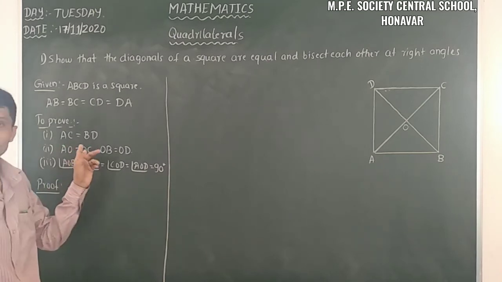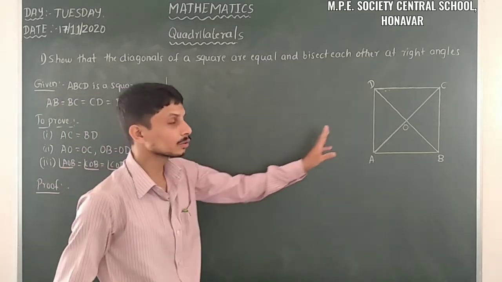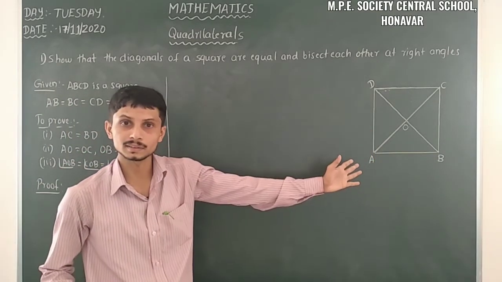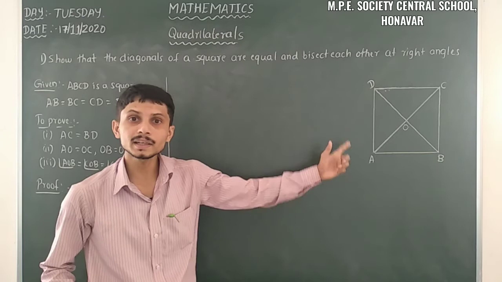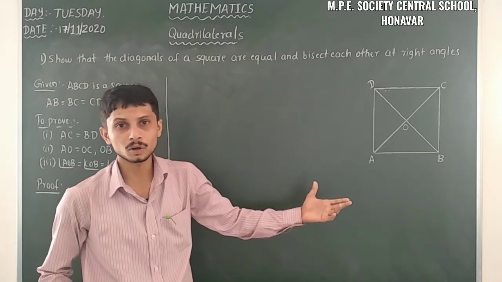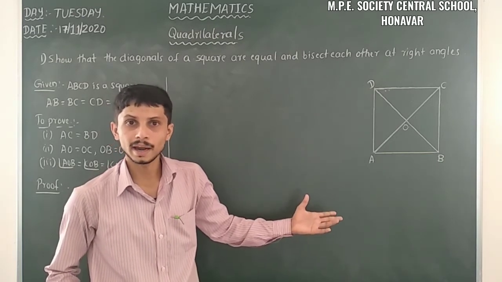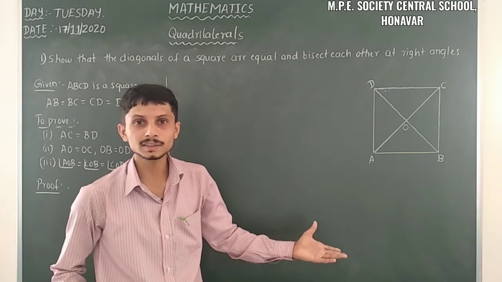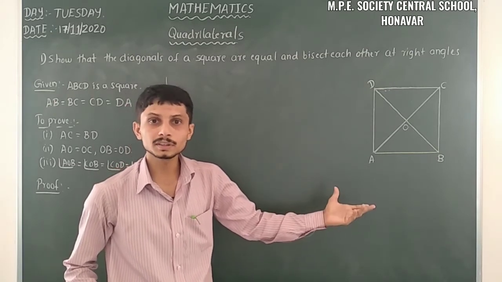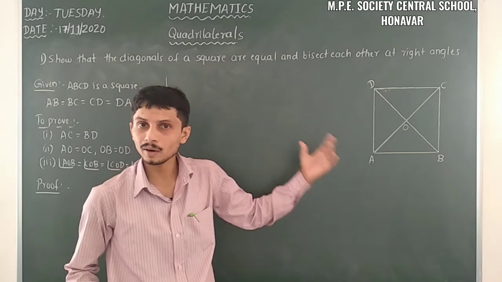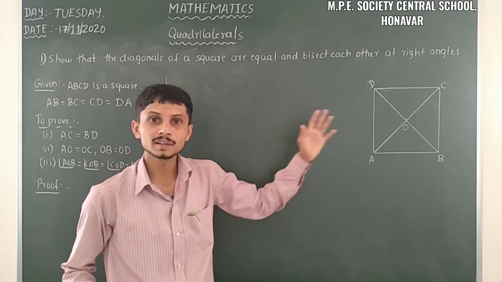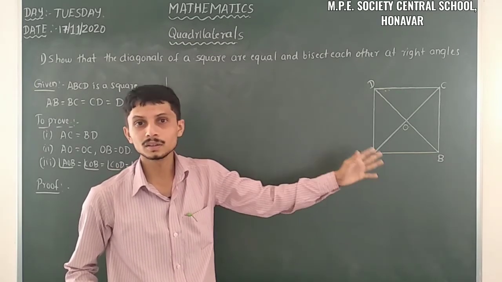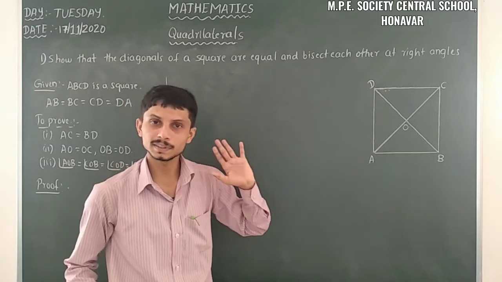Yes. So here we have to prove AC is equal to BD. So we have to consider those two triangles. AC and BD are parts of those two triangles. After that we have to take some equalities, then relate them with a congruence rule, then take those two triangles as congruent. Then after that we take our required result as CPCT.